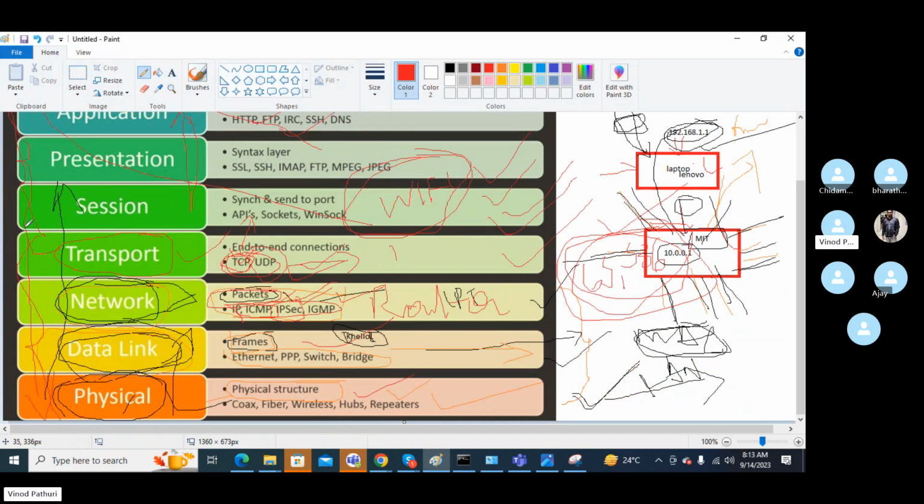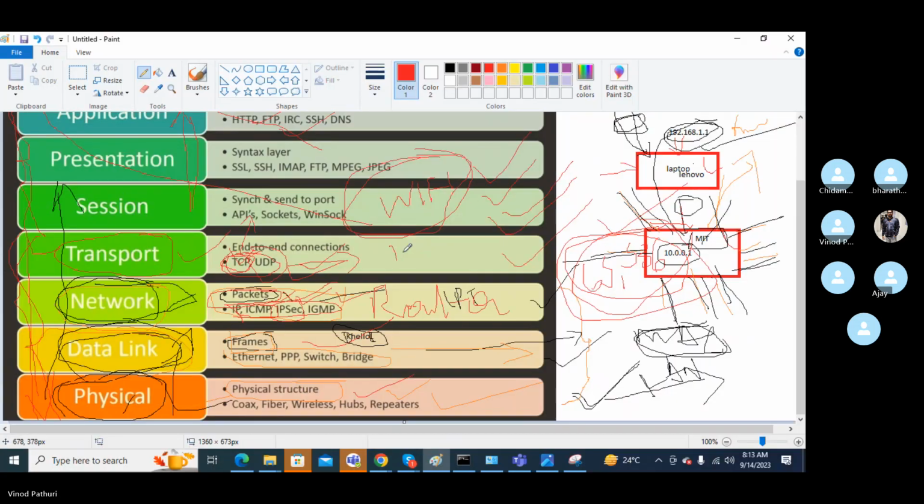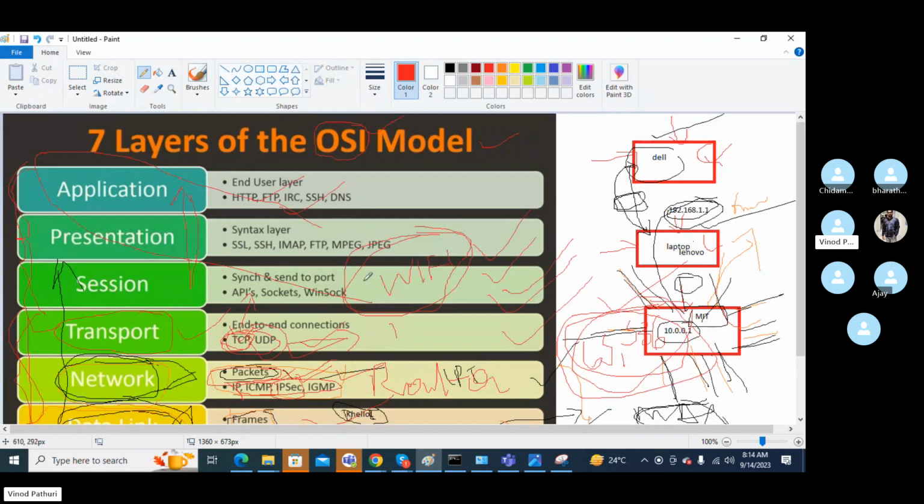But our bottom four operate at the physical level. Definitely we should have some physical connectivity for each and every one there. So for the above three, there is no dependency on the hardware.